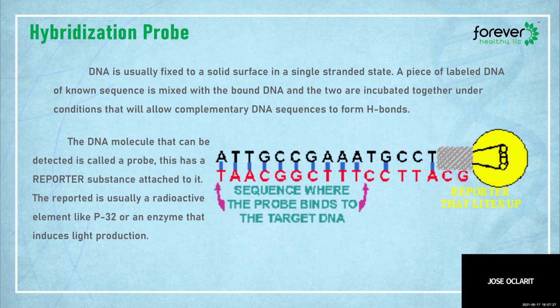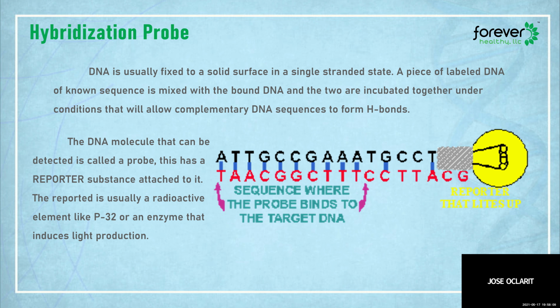So for example, you extract the DNA from your mouth. So there are bacteria there. Then you make a probe. What kind of probe are you going to use? You use a probe for tubercle bacilli, so the DNA of the tubercle bacilli as your probe. And then you make the fragmentized DNA of yours from your mouth, and then you introduce the probe. And since the probe is complementary with the DNA that you want to search, for example tubercle bacilli, they are now going to bind together. And now you can identify whether the DNA is present or not.